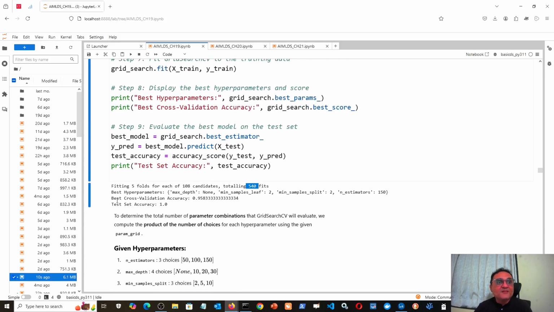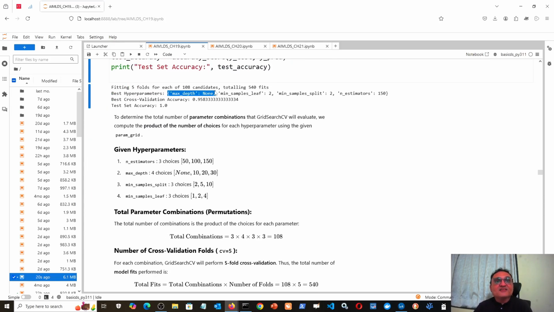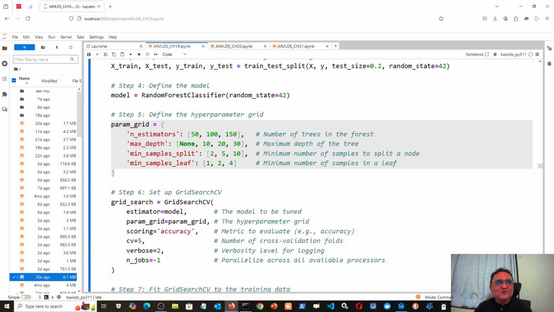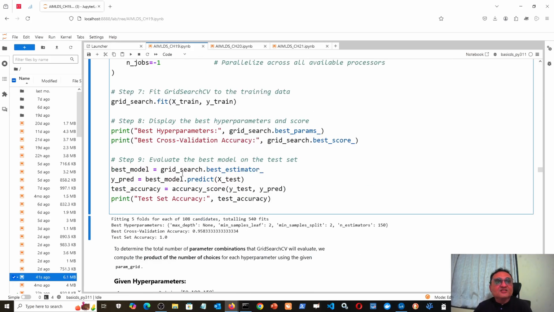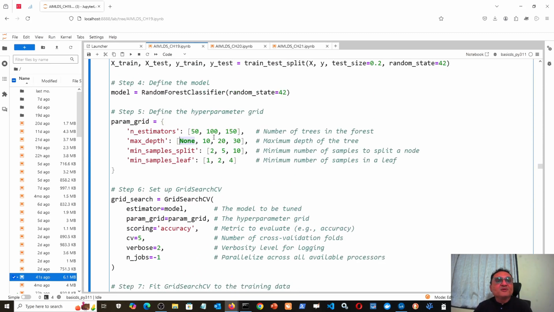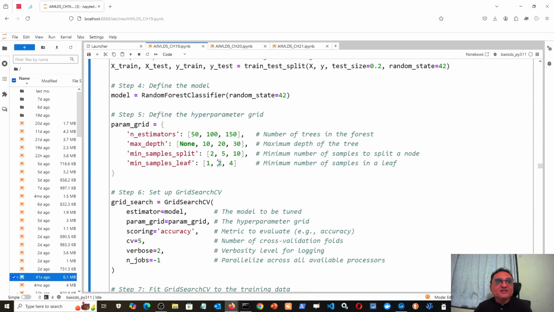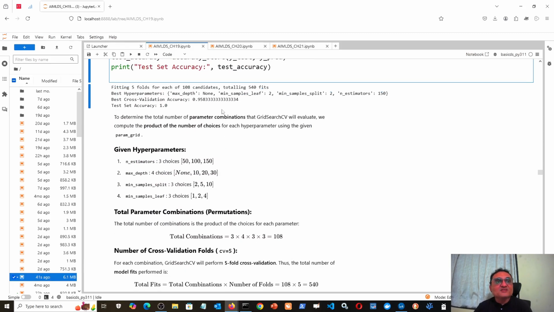540 different models. Okay, and then it found that take max depth equals none, minimum sample leaf is 2, minimum sample split is 2, and number of estimators is equal to 150. What are they? Don't worry about them at present at all. But this number of estimators should be 150. This max depth should be none. Minimum sample split should be 2, and minimum sample leaf should be 2. That gives the highest accuracy, and the highest accuracy is nearly